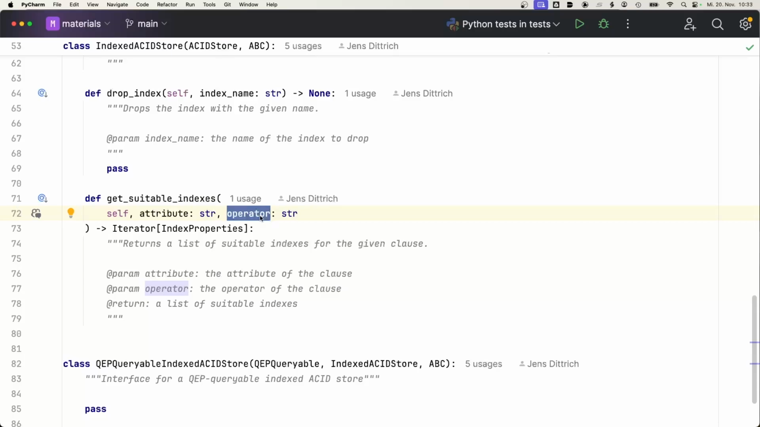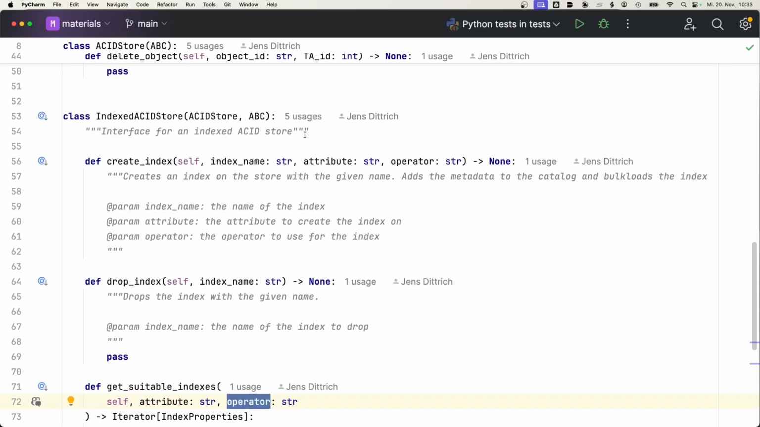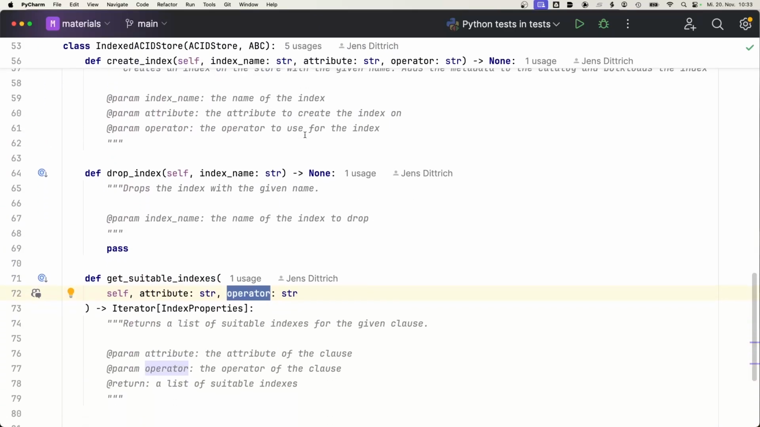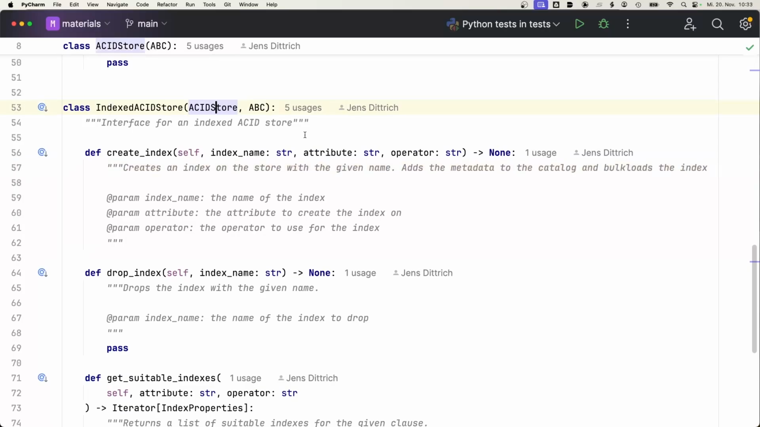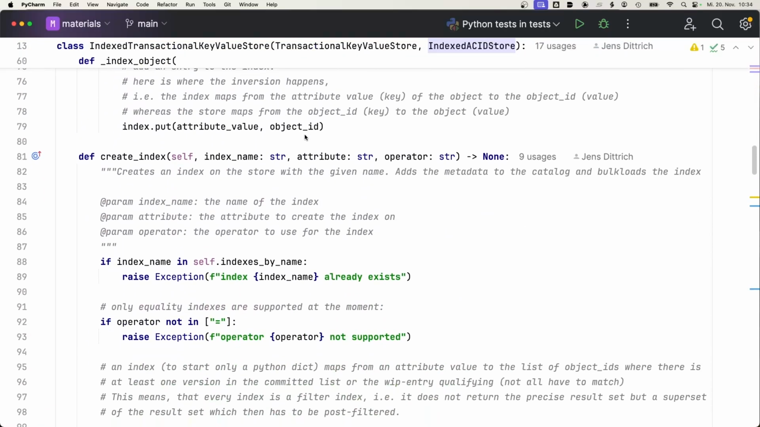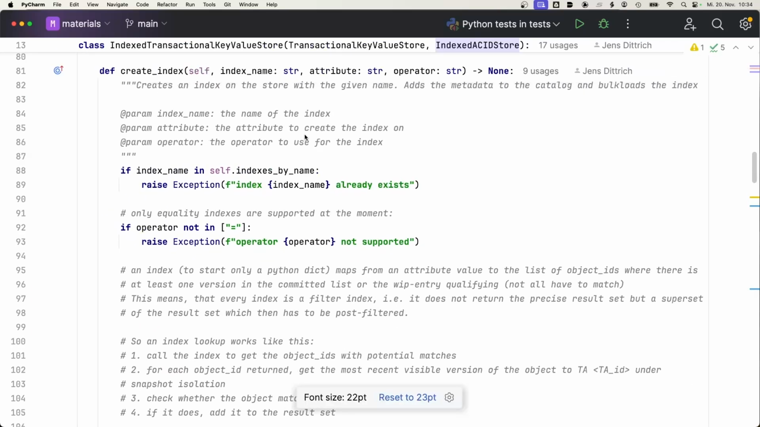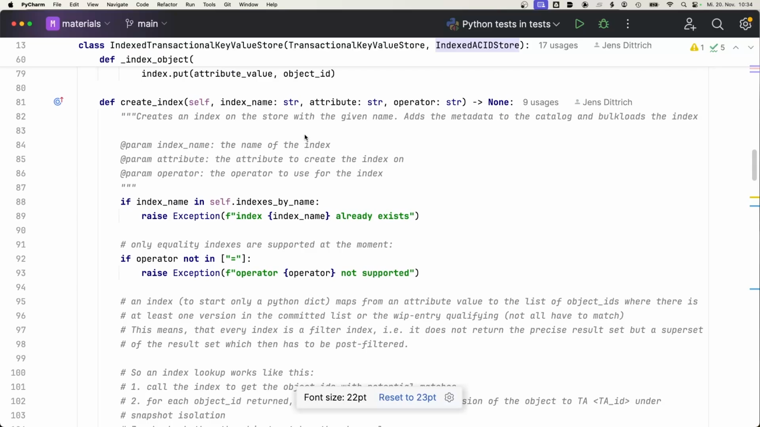Okay, where was I? Yeah, so this is the extension of that interface, the indexed asset store, and now we can look a little bit at the implementation of that. So I think we started looking at that last time already, and maybe I just wanted to say, because someone approached us,